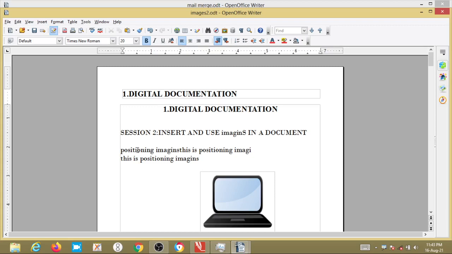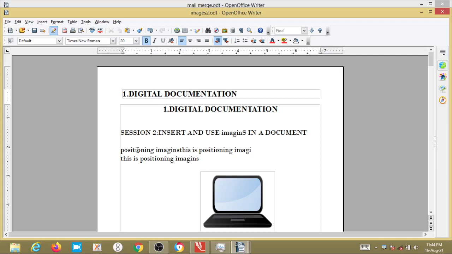So this is about setting the alignment through the paragraph dialog box. Next, borders and background. But before borders and background there is another topic, that is setting indentation. What is indentation? The space or the distance between the text boundaries and the page margins is known as the indent.